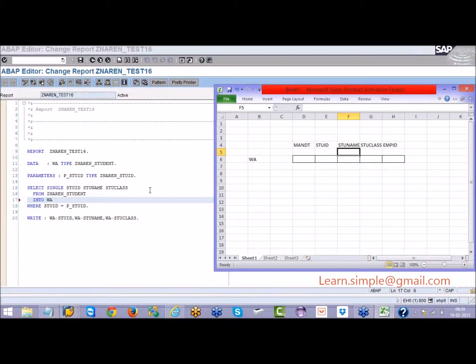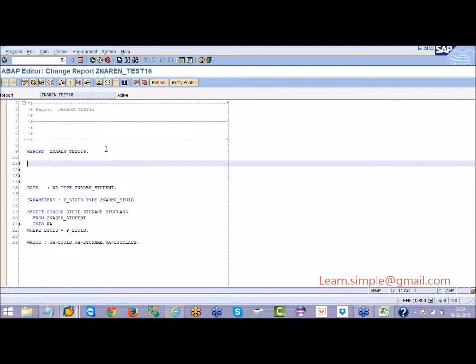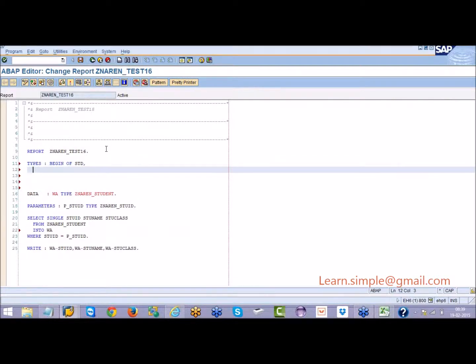To improve the performance of your program, you can declare a structure like this. We already learned how to declare a structure. Say TYPES BEGIN OF STD, where STD means my student, in which I will say STUID, student ID. Student ID should be of type C, character 10.